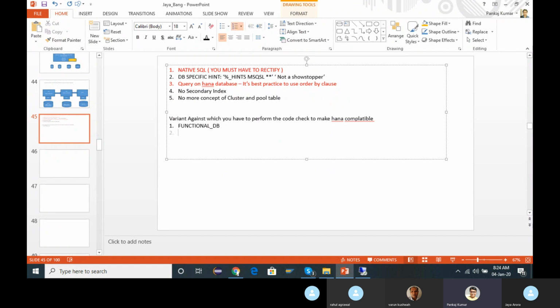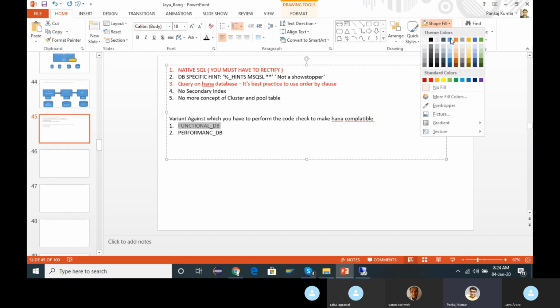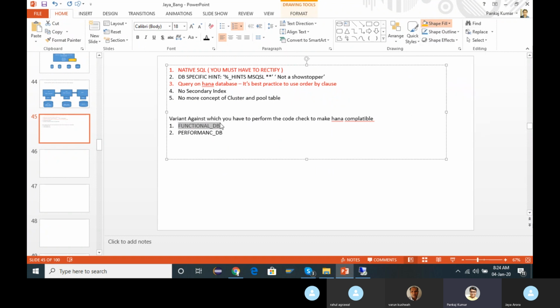The performance DB is optional. Your functionality must not be affected, that's why it is there. Your functionality must be correct, so you have to use the functional DB. This is very, very important. The performance DB is optional.